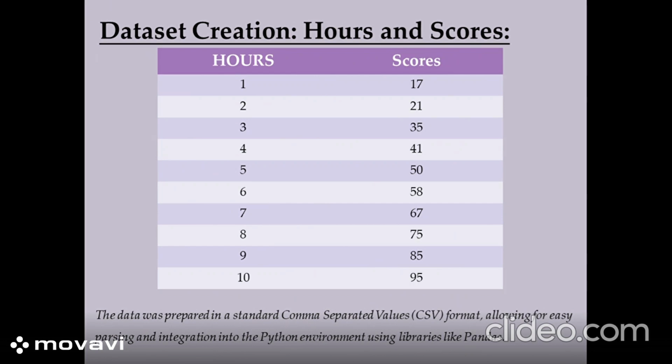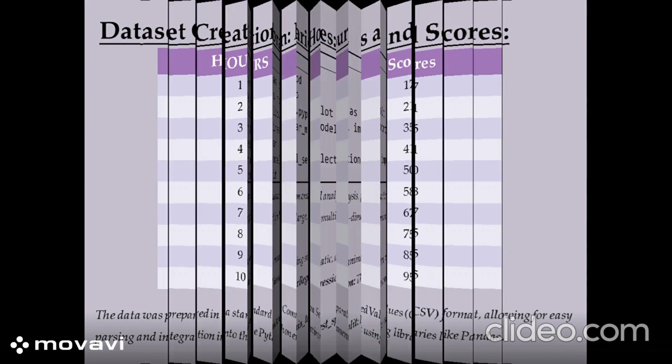For this, I used a dataset with two columns, hours and scores, where hours is the independent variable and scores is the dependent variable. I have created this small dataset in CSV format so that it is easy to load into Python using pandas. So this is actually good for learning. Smaller datasets are easy to visualize and understand. In real world applications, datasets are massive, lakhs or even millions of rows. But to grasp concepts, small datasets like this are perfect.